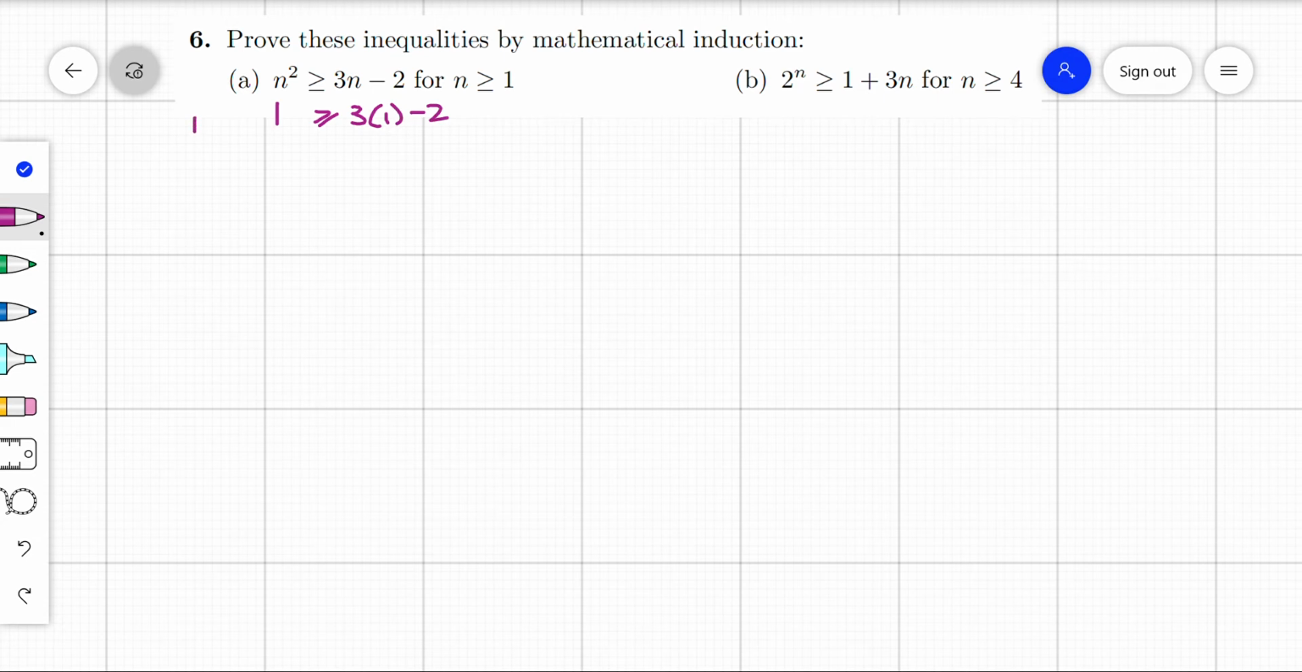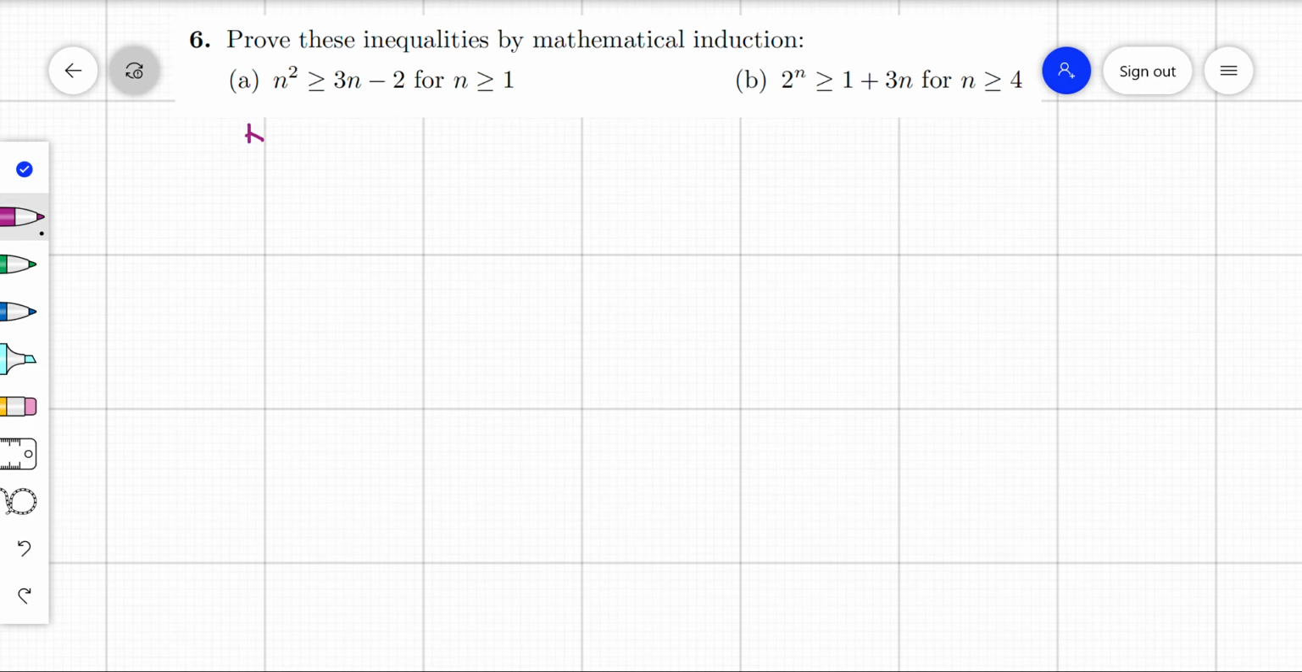So I would have said, sorry, left-hand side equals 1 squared, which equals 1, and right-hand side equals 3 lots of 1 minus 2, which is 1, and 1 is equal to 1. Well, I could even say it's greater than or equal to 1. So it's true for the base case, and then we're going to assume it's true for P(k),